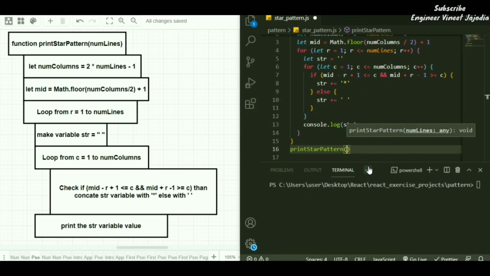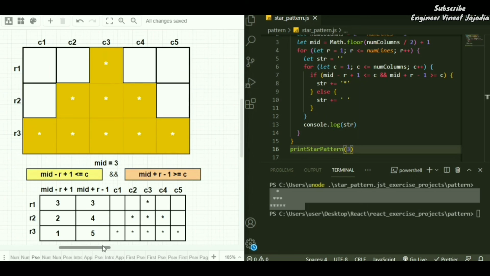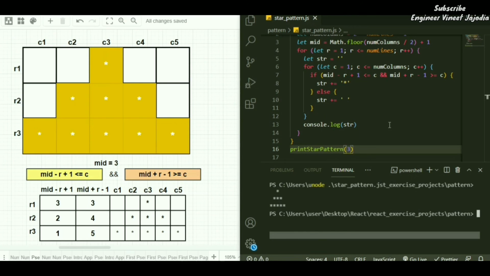Let us pass 3 as the number of lines only. Next we write here node starPattern, hit enter and let's see. Now you can see that a star pattern is printed, which is equivalent to this star pattern. So our code is working fine.